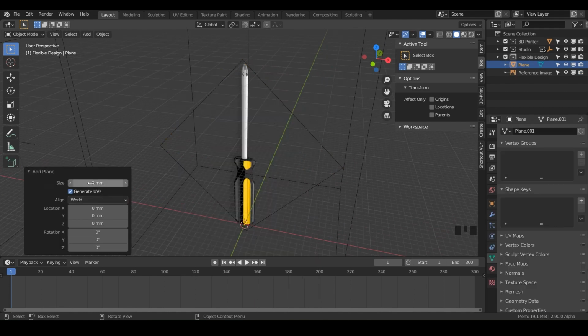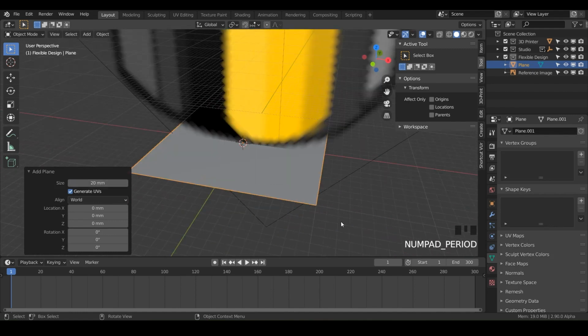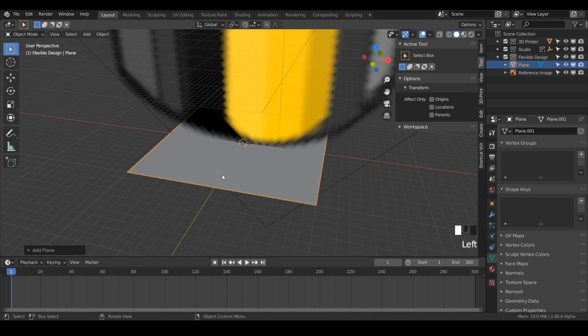So it's really small. We can do 20, that's fine. And here we go. We'll do period on the numpad to zoom in. So we've got this plane, but we're not going to use it. We just need a point. So let's rename it and we'll call it screwdriver, because we're going to turn this into a screwdriver with the